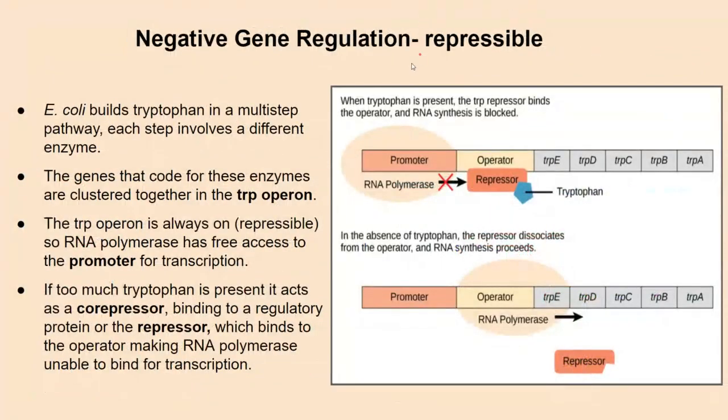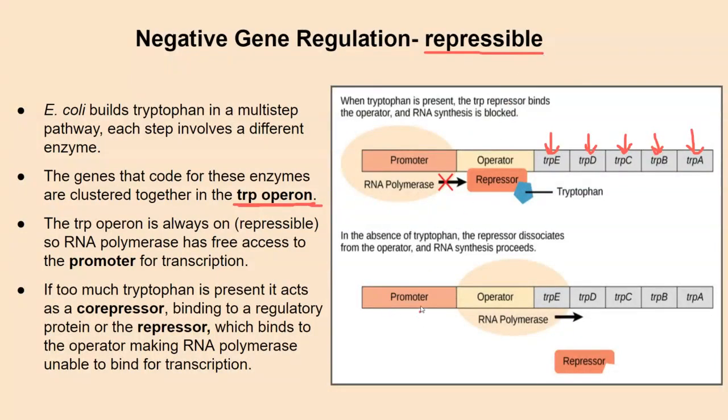For example, we have something called the TRP or the trip operon. Now, the TRP operon is an operon that creates a protein called tryptophan. And tryptophan is made up of 5 different subproteins. So we want to translate all of these proteins all at once. So we're going to transcribe them all at once with the TRP operon. Now, the TRP operon is repressible,